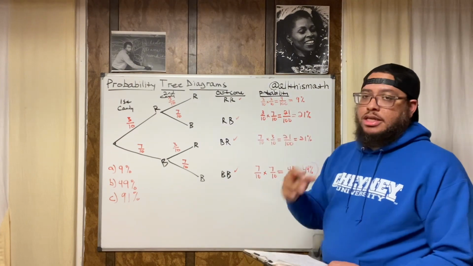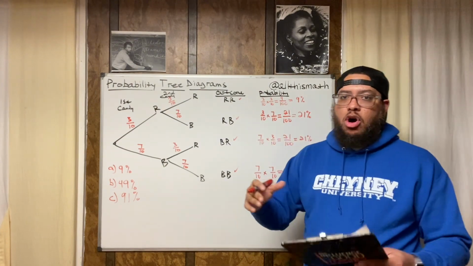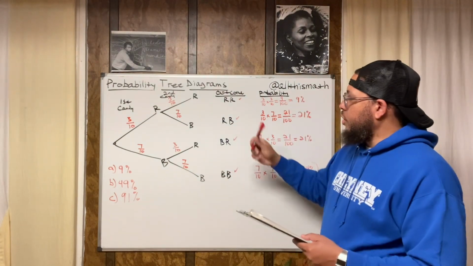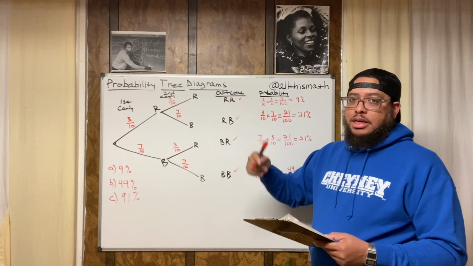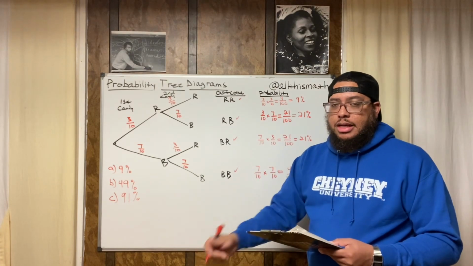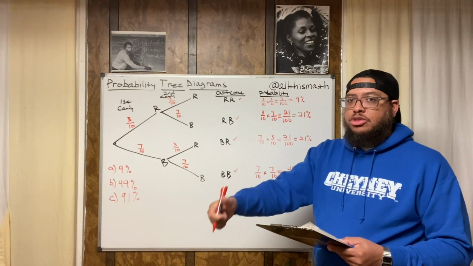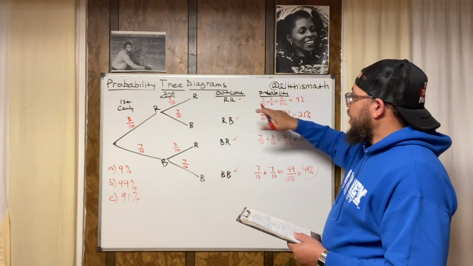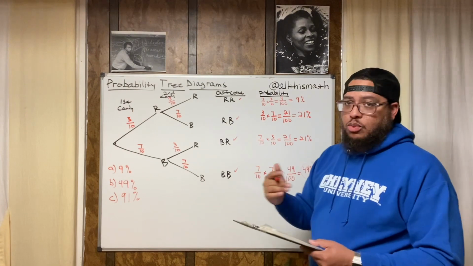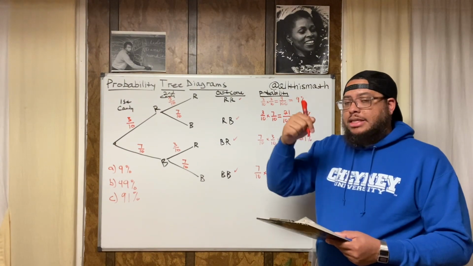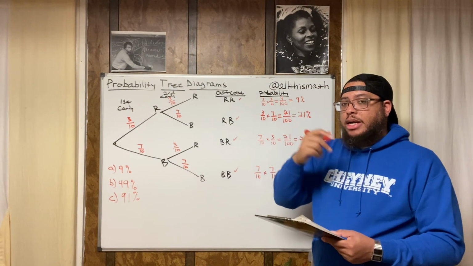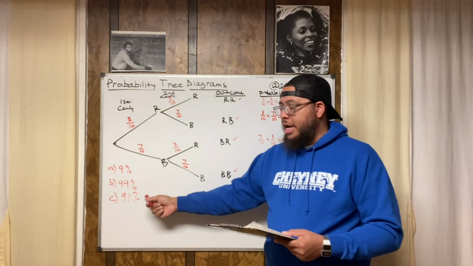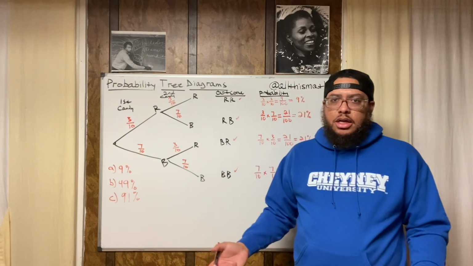So another way, since all probabilities in a situation have to add up to one, you could also say, well, if I know the probability of something not happening, then I could take that probability and subtract it from one. So I could have also said, well, it's a 9% chance that she doesn't pull at least one blue candy. So I could take that percentage and subtract it from one. So I could do 100% minus 9%, which also gives me 91%. So that's just another way to look at a problem, right?